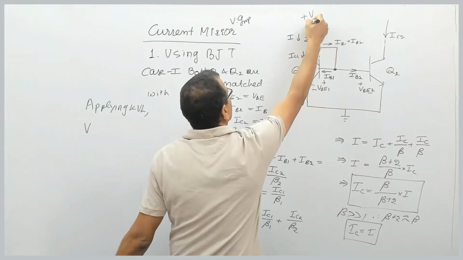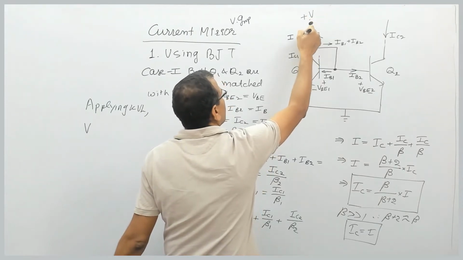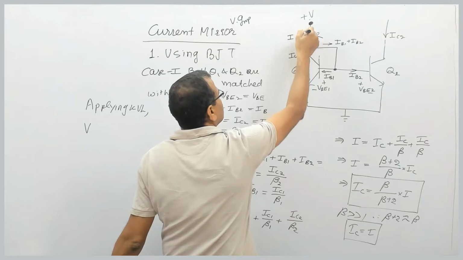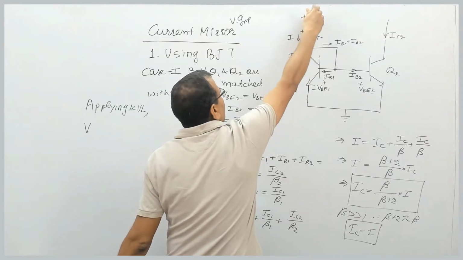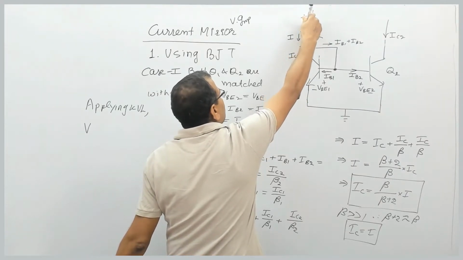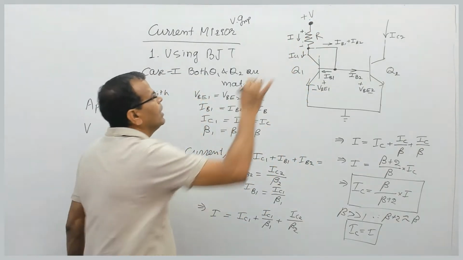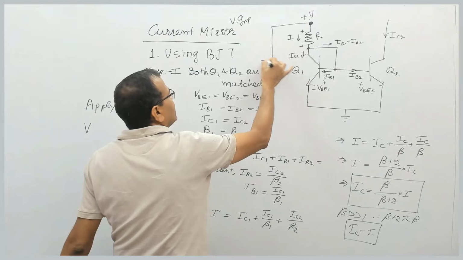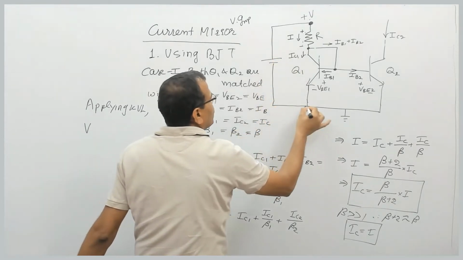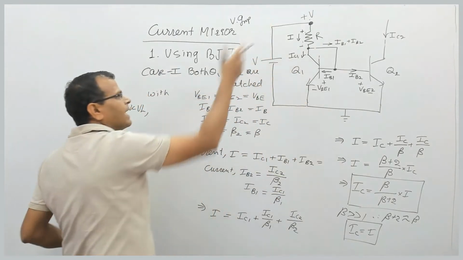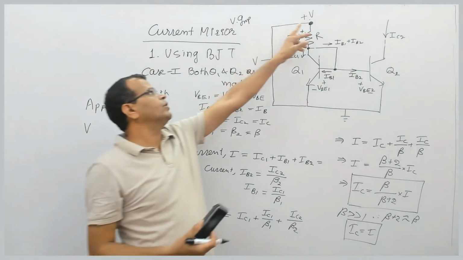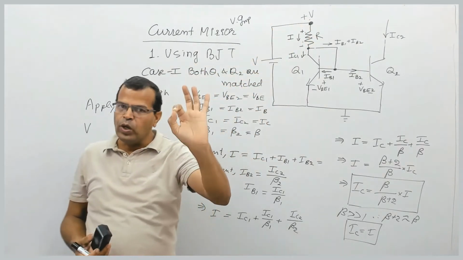So start from here. So plus V, then current is entering here. So this end is plus, this is minus. When you start from here, this is positive, but this is voltage fall. Remember, whenever there is a node, this node can be considered like this, a voltage with respect to ground. This is same as that. Voltage of a node is always with respect to ground.